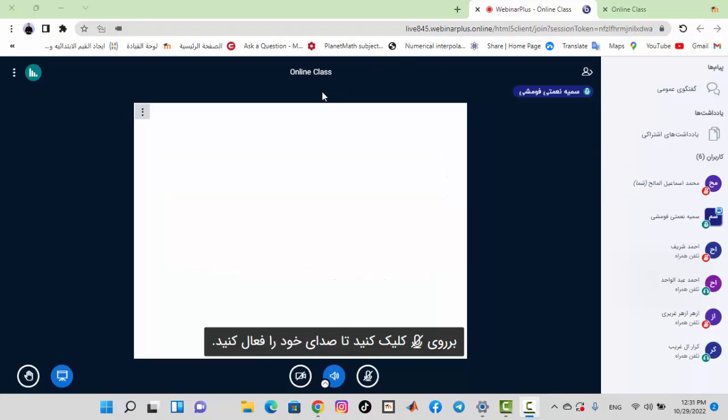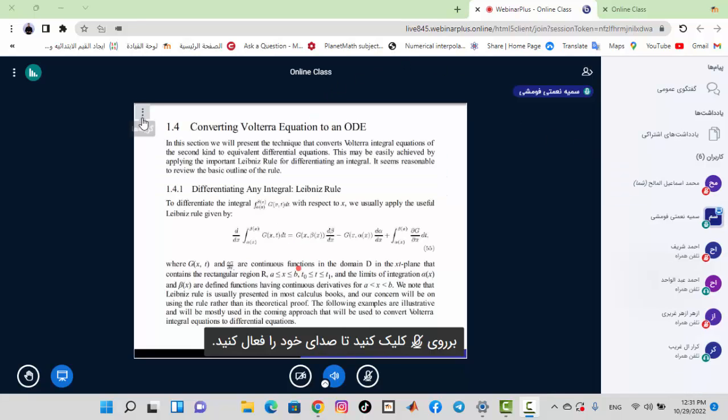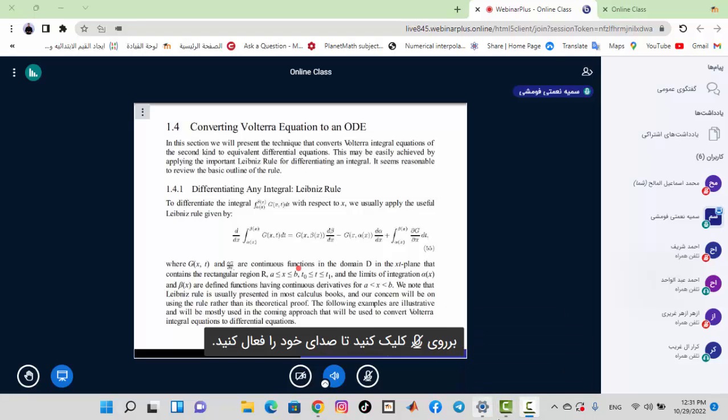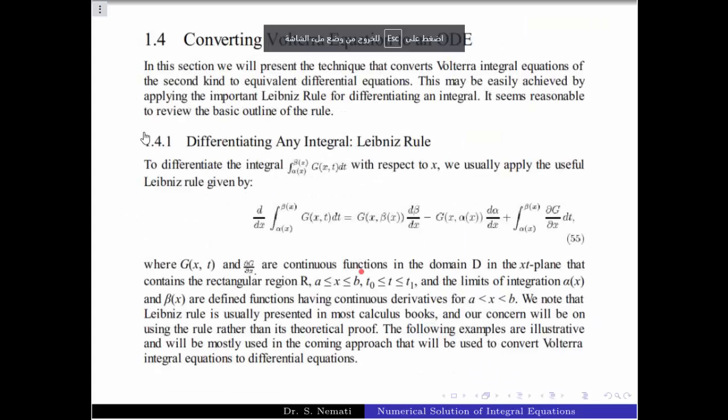Have started into previous classes. Today we want to talk about converting integral equation to ordinary differential equations and vice versa. I mean ODE to integral equation and integral equation to ODE. It means that when an integral equation is given to you, how you can transform it to an ordinary differential equation and